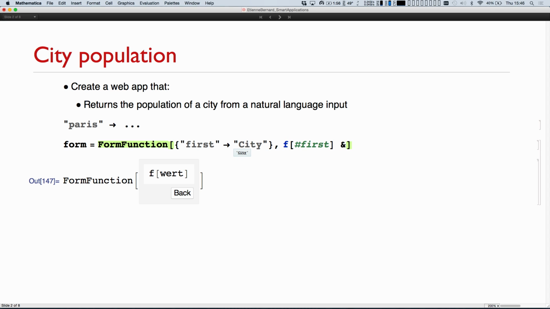So now the interpretation will be done automatically. If I put something, it will interpret it as a city. And then we want to do something on this city. So instead of deploying right now, I'm going to try things with Interpreter. This is really what's underneath the Form function. So if I do Interpreter city and I type Paris,